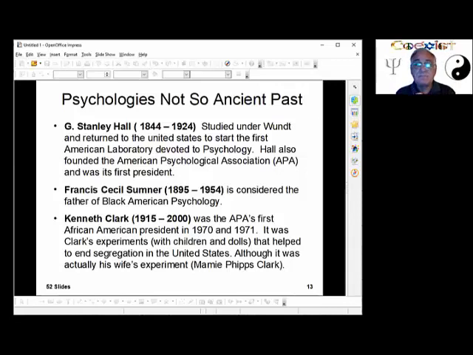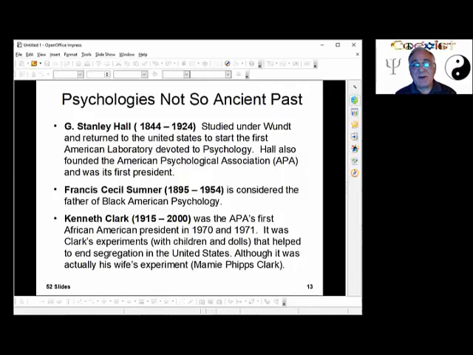Hall also founded the American Psychological Association, the APA, which is, again, for some of you, a horrible thing because you have MLA and APA formats that you have to figure out. And that's where APA comes from, the American Psychological Association. And of course, some of you have asked me, do I want MLA or APA in your essay? And I've told you, I certainly don't want MLA. I am a psychologist. I want APA, but I don't ask you to do APA. That's not what I'm here to teach you. That's a higher level course. This is a freshman level course. So he was the first president of the APA.